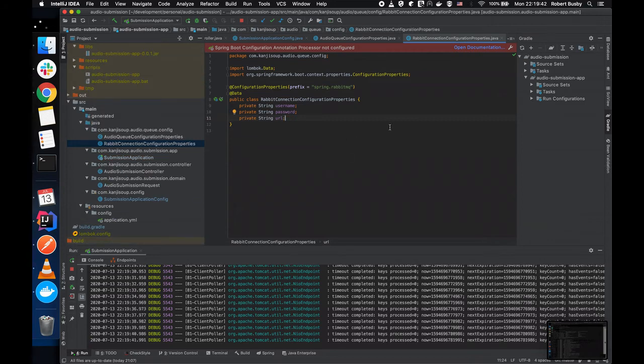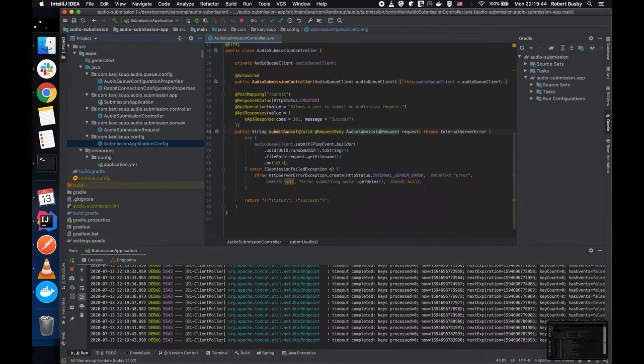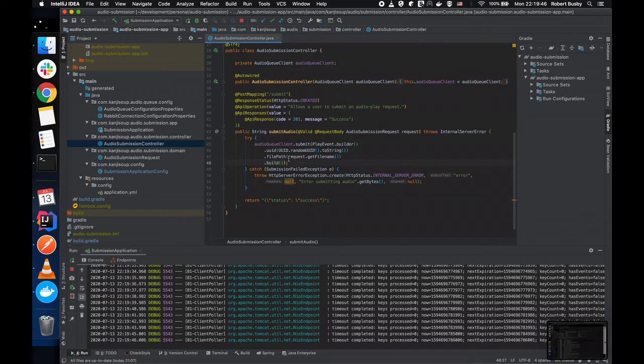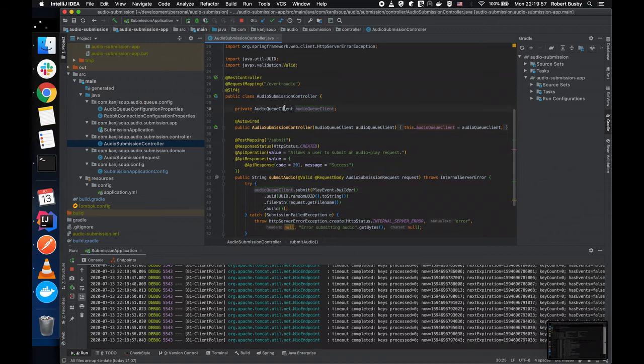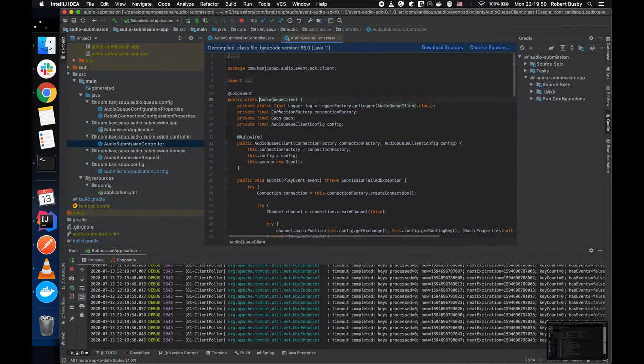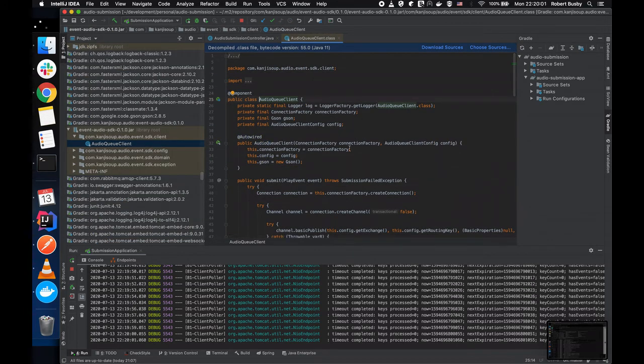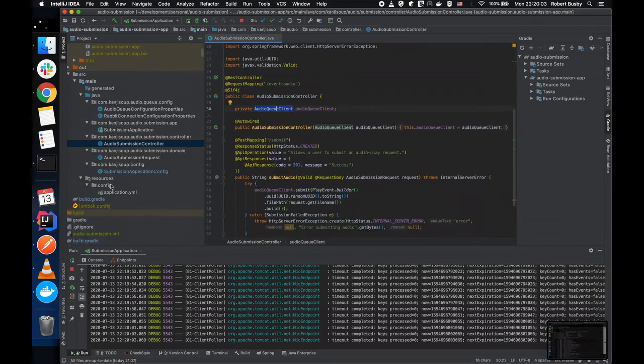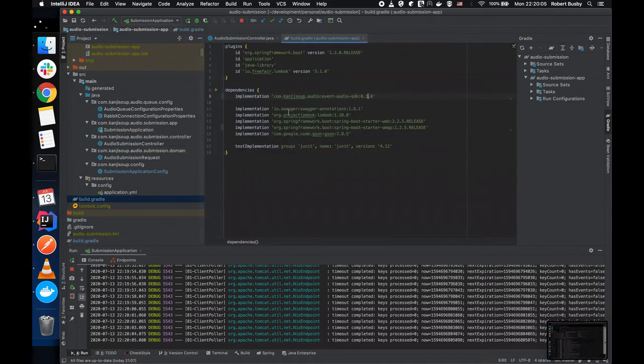This is a request model. Okay, but it'll build an event, a play event around it, and then submit it using its audio queue client. Oh, hey, yeah, that's right. It had one of these injected, but that came from our other dependency, and I was able to add that in because